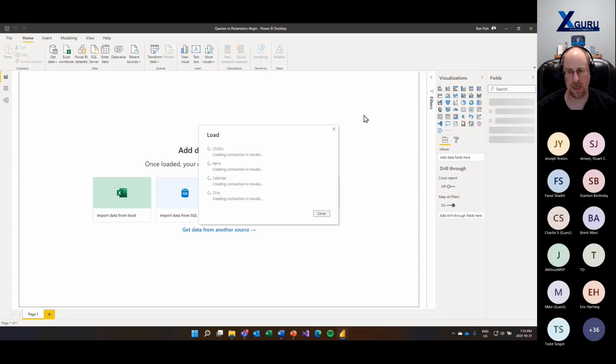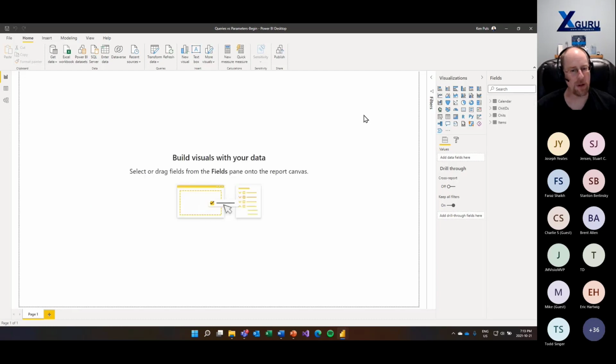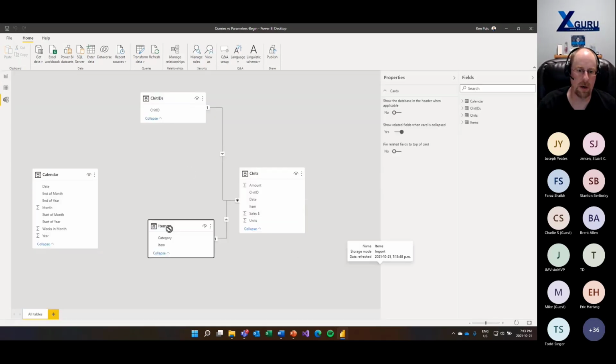Remember, we're working with our dev file. So this is the smaller file, but it is reading from an Excel file stored on my SharePoint. And I'm running a Teams call, which is always good for making things run a little bit slower. So the first thing I do need to do is hop over here and take a look